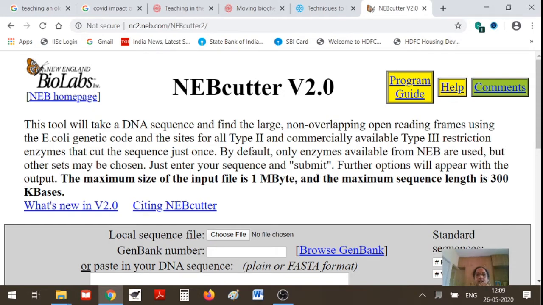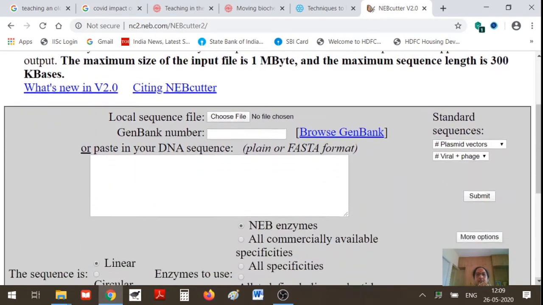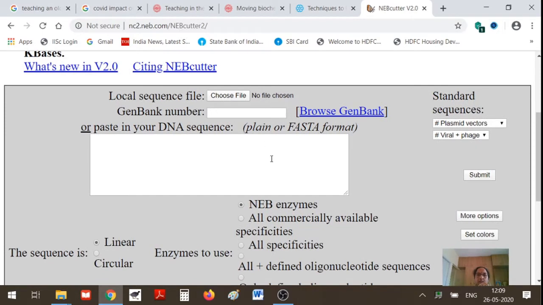There are three ways in which you can input the sequence to be analyzed. One is you can choose a file from your system if you have already downloaded and stored the sequence. Another option is to use the GenBank number if you know it.